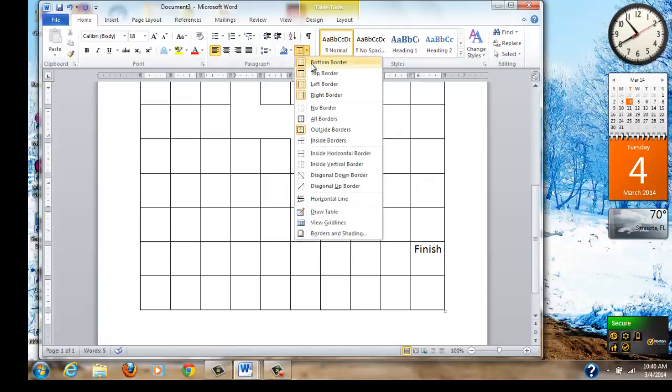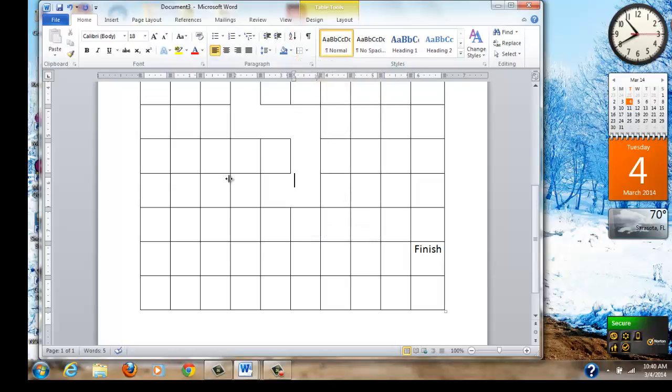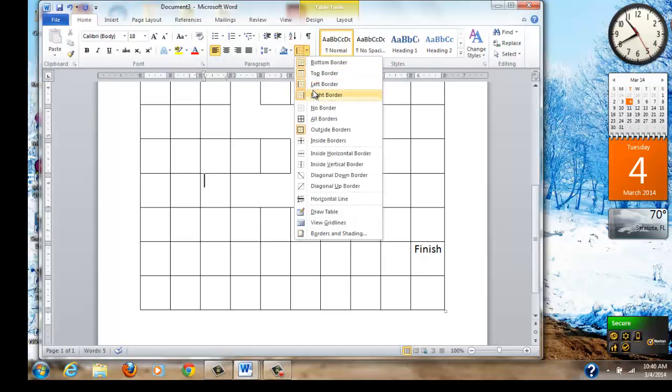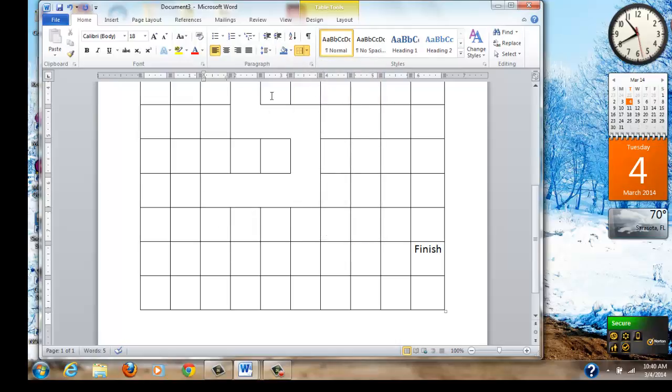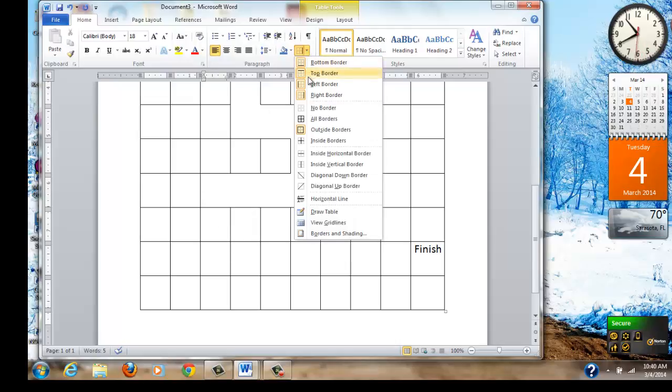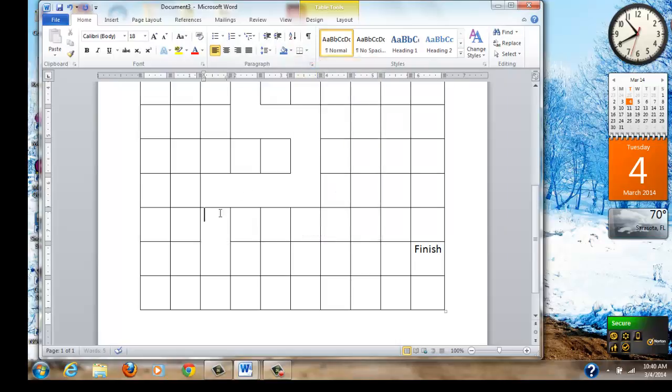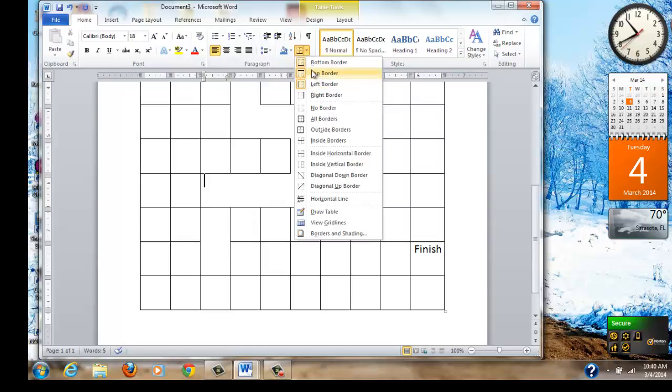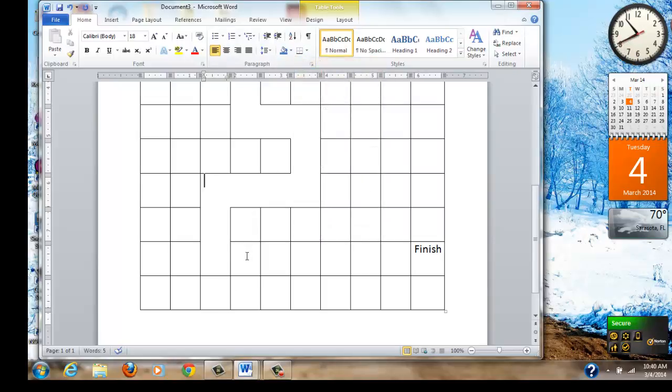I want to remove the top on this one, and I want to remove the left on this one. Make sure you keep clicking inside the box so the computer knows which one you want to get rid of. I want to get rid of the right. I want to go down. Whoops. I want to get rid of the bottom. And now I think I want to just go all the way over. And for this, if I want to,